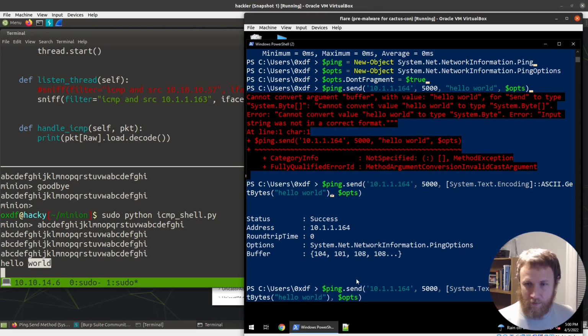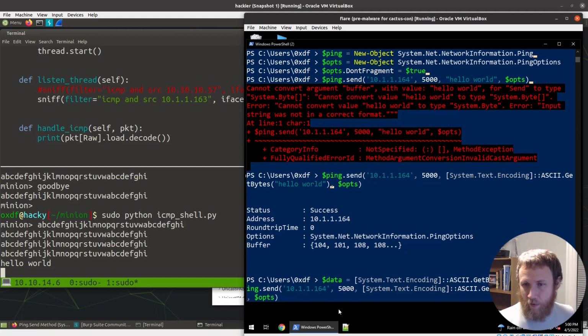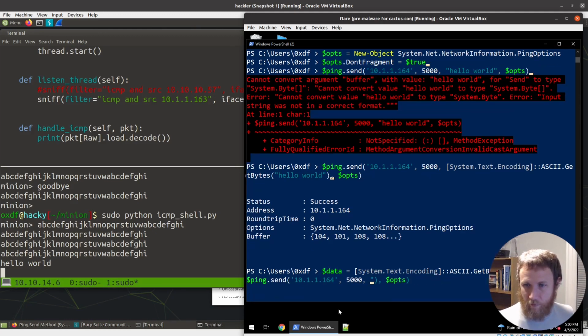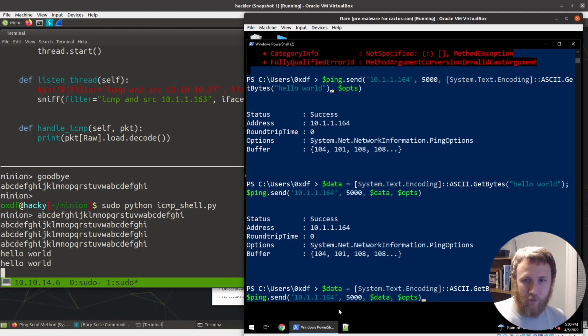So let's come up here and we can do something like data equals, start to pull this out, copy paste like that. And then we'll come over here and we'll replace all of this with data. And then again, just for baby steps, we'll make sure it still works. It does. So now we can